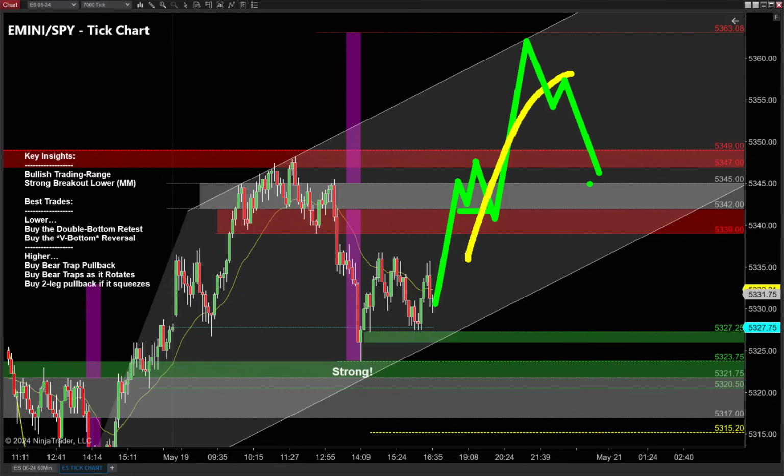Now, in the free video course, we talk a lot about measured moves, right? ABCDs. So A, B, C, D. When I think of a two-legged pullback, when I think of a breakout pullback, like in this example, I think of, again, bear traps on the way up. Once we get up around overhead resistance, we don't buy up here. We take our profit up there, and we wait for that one leg, two leg,